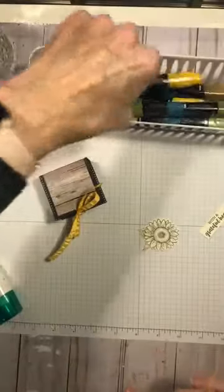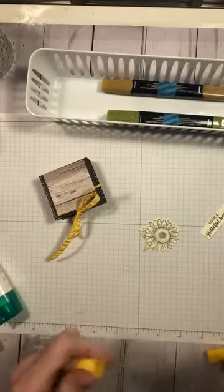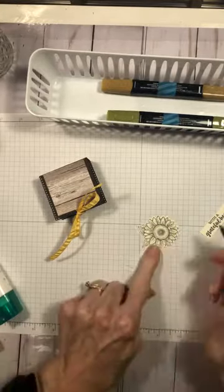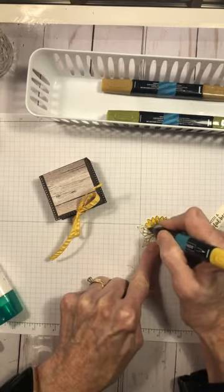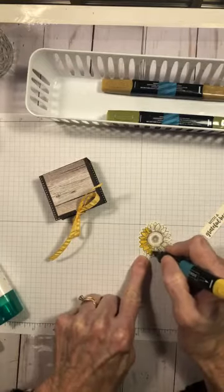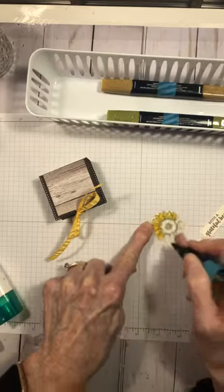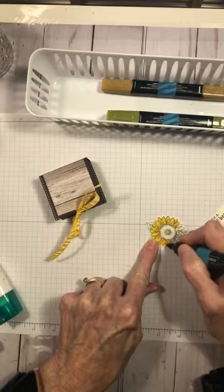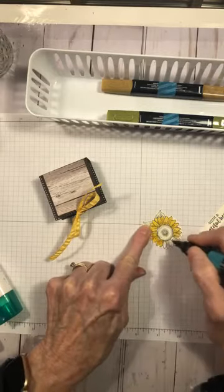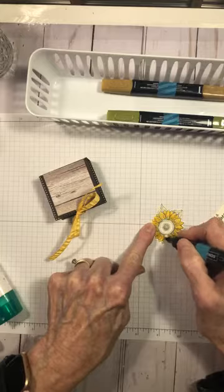Okay, and I used the small sunflower image. And what I did, my favorite way to color the sunflower is to color it in first with the dark Daffodil Delight on all the petals. And then once I do all that, I'm going to go back with the dark Mango Melody, and it gives it a little bit of the orange that I love to see on sunflower petals, the real dark orange. So that was my favorite way to do it. You can pick from a lot of different yellows that we have, but this is the way that I kind of